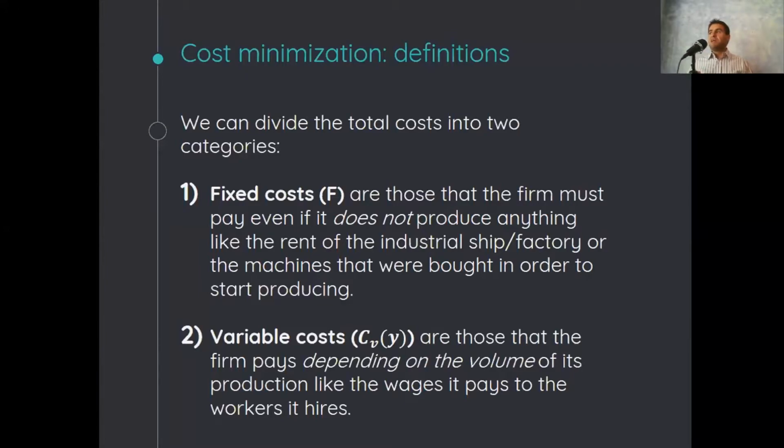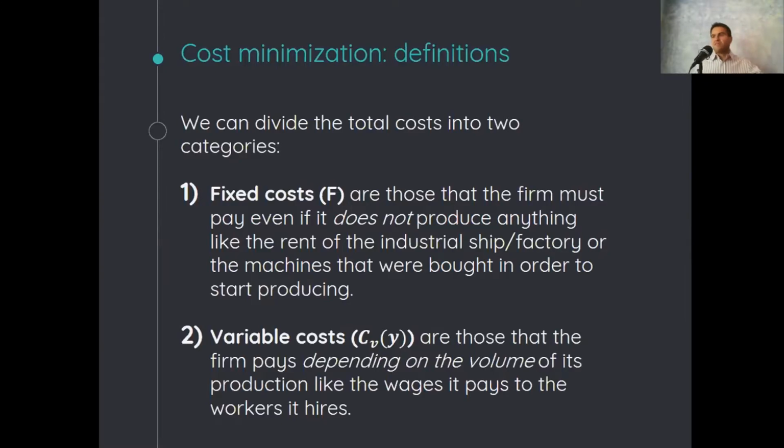So even if you want to produce one unit or 1,000 units, you're still paying for the same industrial ship. Yes, in real life, if you grow so much that you need to buy a second factory and stuff like that, obviously your fixed costs will start to increase and will change as you continue to expand. But as long as you can accommodate everything within that particular land or that plot or that particular industrial ship, your fixed costs are more or less constant every month,